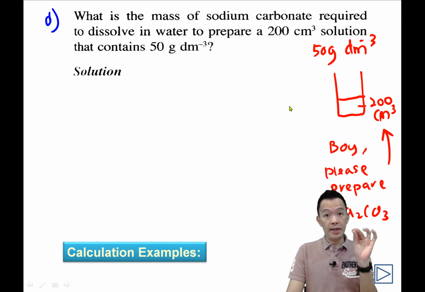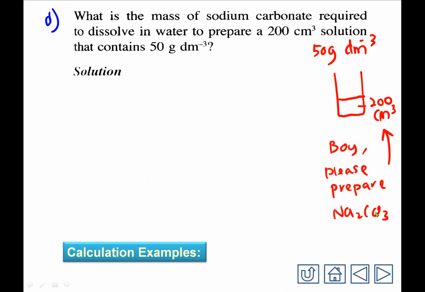So one day in your classroom, your teacher says, "Boy, please prepare the sodium carbonate solution with the concentration 50 gram per cubic dm, and I want 200 ml." 我要 200 ml. 快快去那个 lab 帮我泡一杯 sodium carbonate solution, 200 ml, 它的浓度是 50 gram per cubic dm. So 现在去泡。OK, 很简单啦。